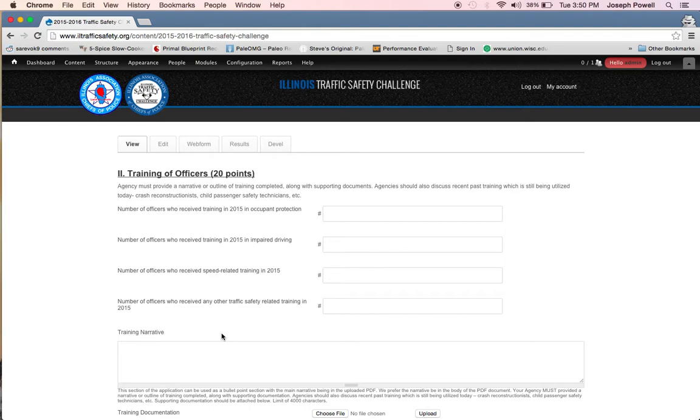Next category: training of officers. This is worth 25 points, or 20 points. Here you'll put the number of people trained in occupant protection, impaired driving, speed related training, and other traffic safety related training. This would be a good place to set up an Excel sheet